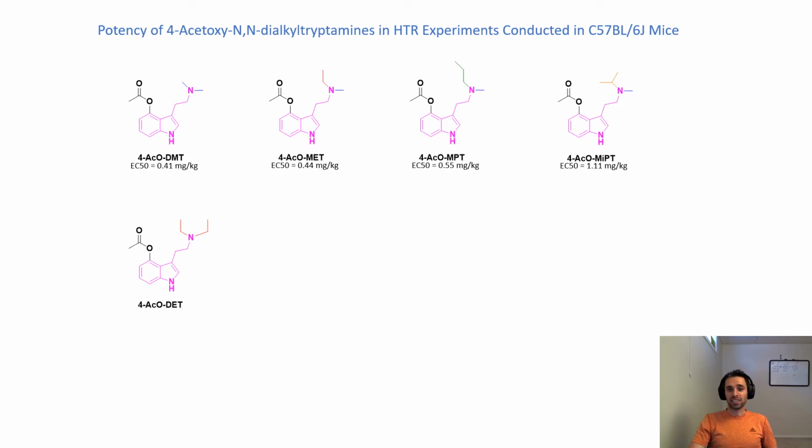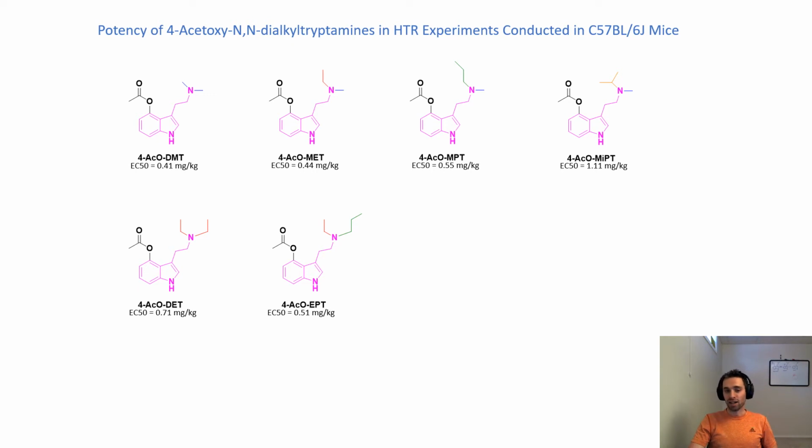If we change the dimethyl to a diethyl, as in 4-ACO-DET, the potency would decrease going from 4-ACO-DMT to 4-ACO-DET. And then this is interesting, because if we go from the ethyl to the propyl, the potency actually increases,